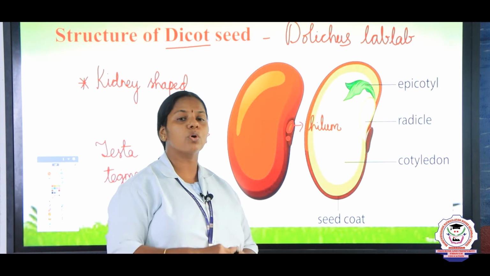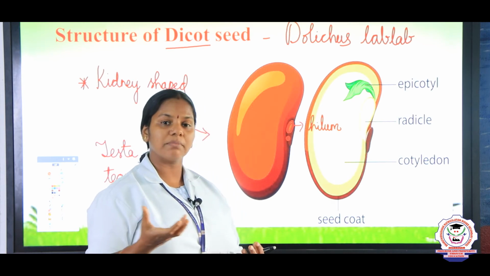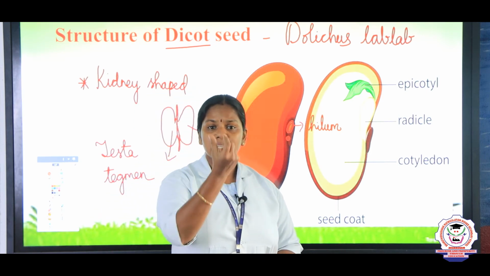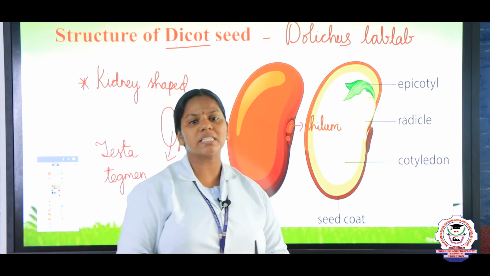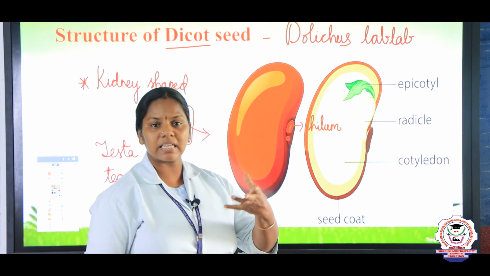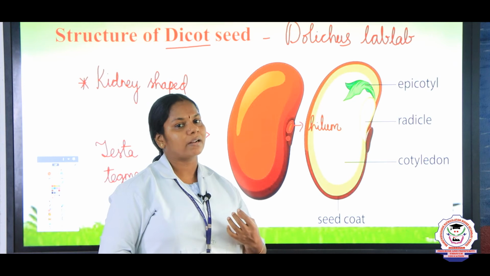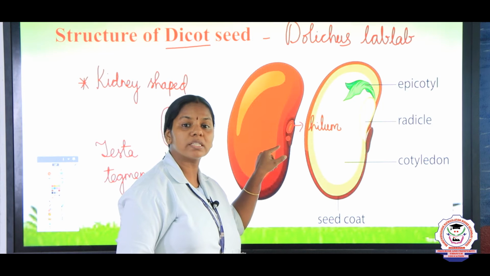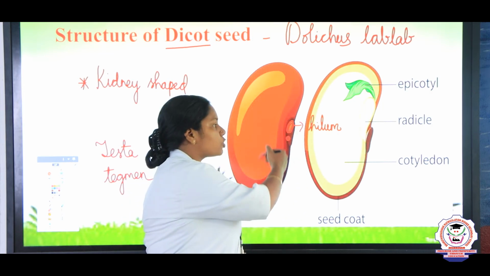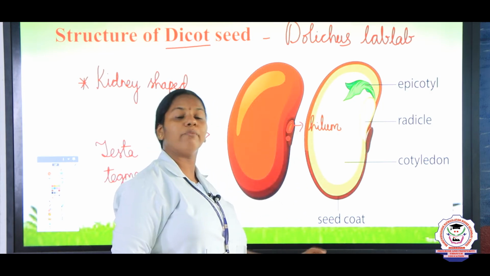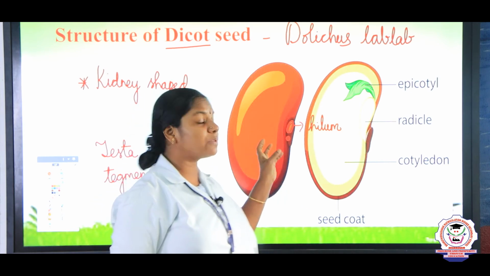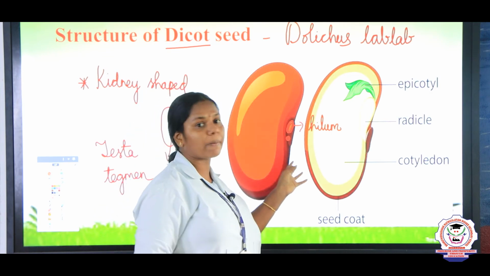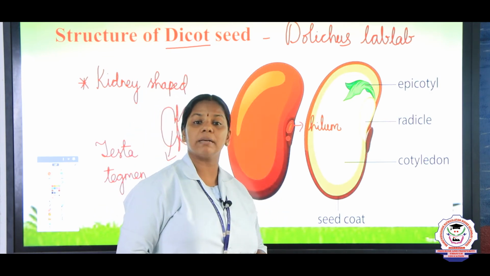Soak some seeds, chana dal or some other grams, in your home. Next day what happens, children? You can see the size of the seed increases. How is it possible? Yes, the seed absorbs water. And how does the water get inside? Through this micropyle. It has a tiny pore through which water enters the seed. And this is a very helpful part, responsible for germination. At the time of germination, only through the micropyle the shoot and the root system develop.